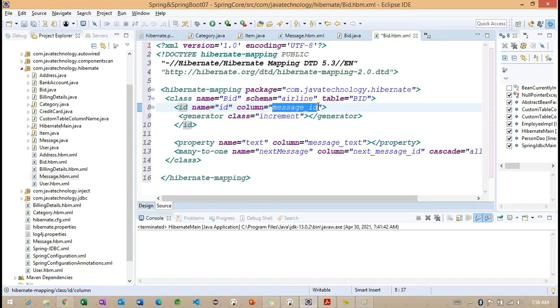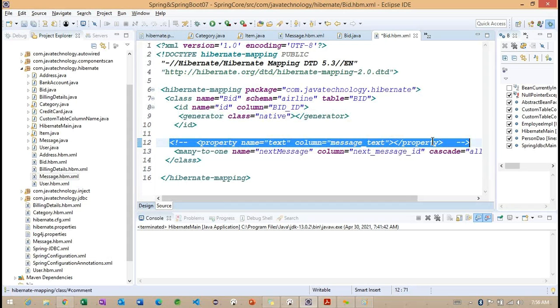Right. So let me check with the ID, bid underscore ID. Getting the point? So bid underscore ID. So instead of increment, we can work with native here. Getting the point? So whenever we are working with this particular native, later we don't have any properties here.